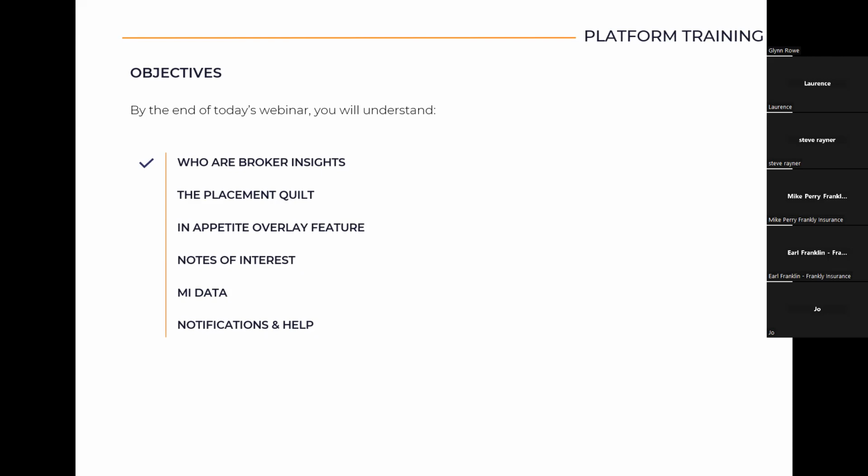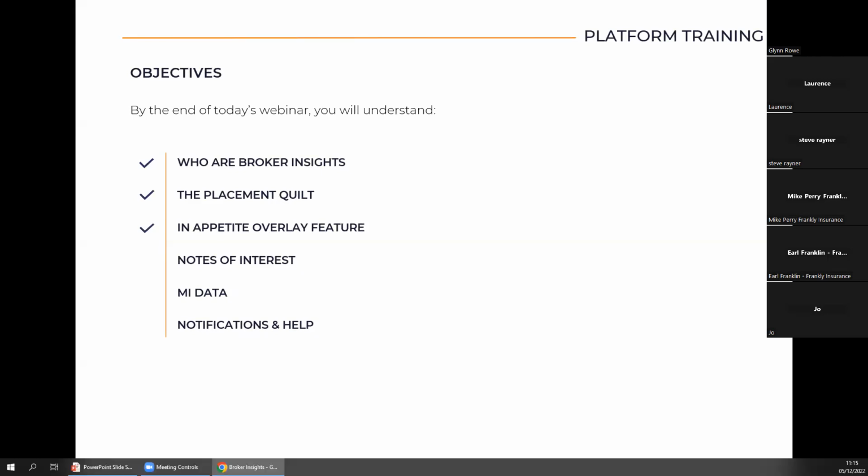So if your data is going into the platform, there are a couple of screens you should have access to, which will allow you to see, as a rolling 12 months, how your business is doing, where your income is, and how it's really going. We'll have a look at that as well. Then we'll finish off with how the notifications work and how you can get any additional help in the platform. So let me bring over the site.